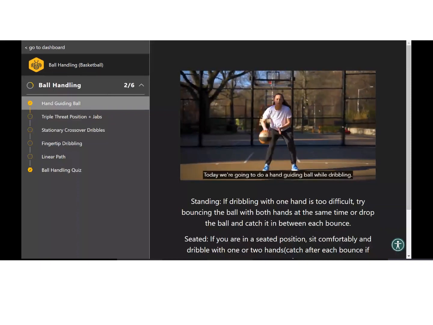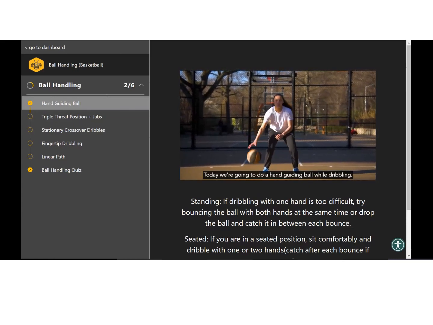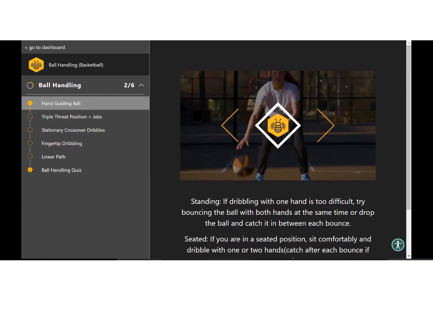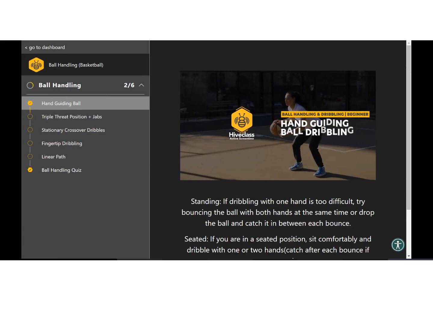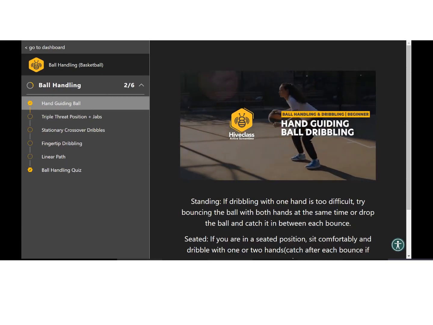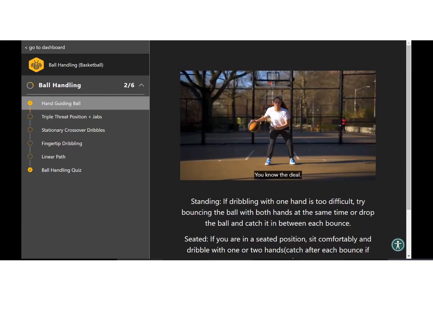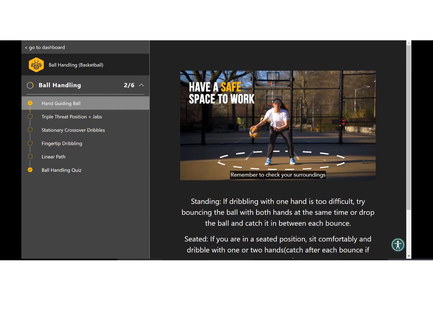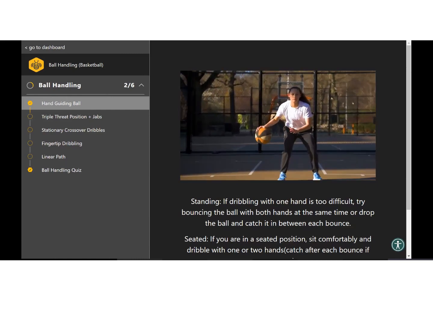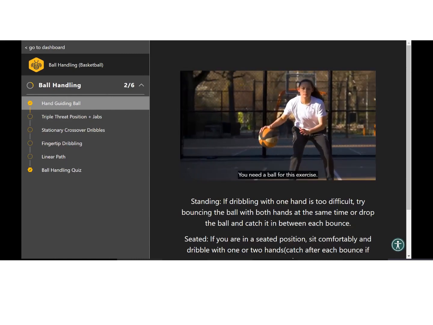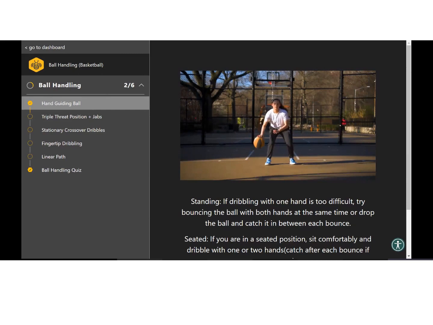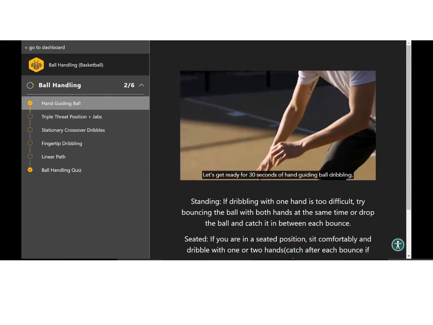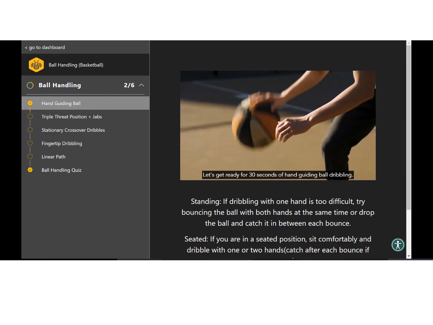All right, guys. Today we're going to do hand guiding ball while dribbling. You know the deal. Remember to check your surroundings and make sure you have a safe space to work. You need a ball for this exercise. All right, y'all. Let's get ready for 30 seconds of hand guiding ball dribbling.